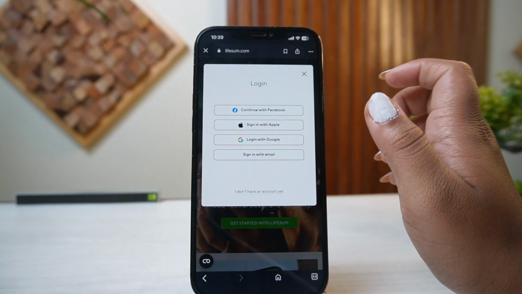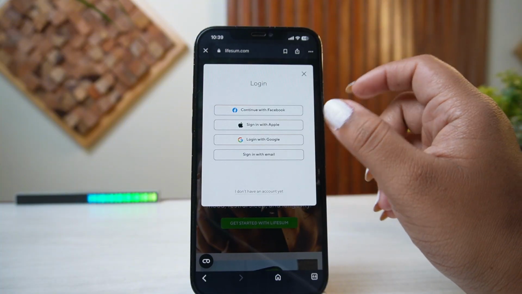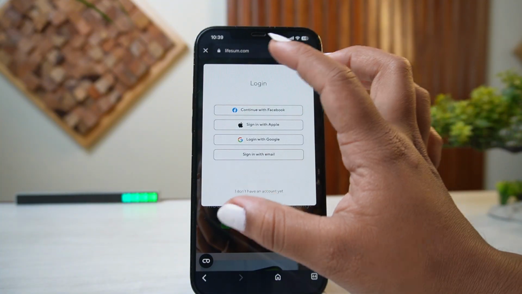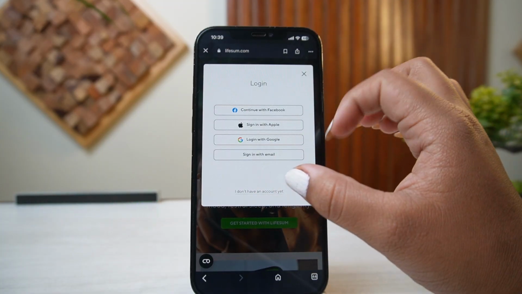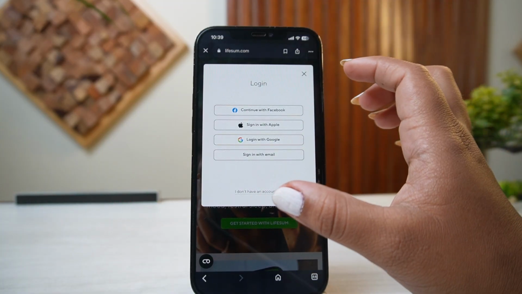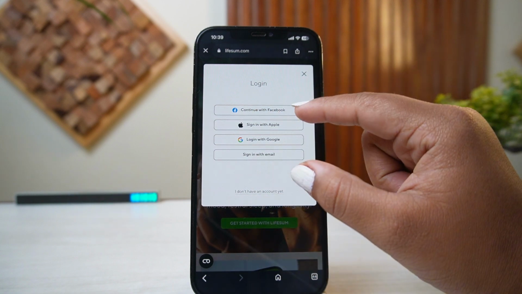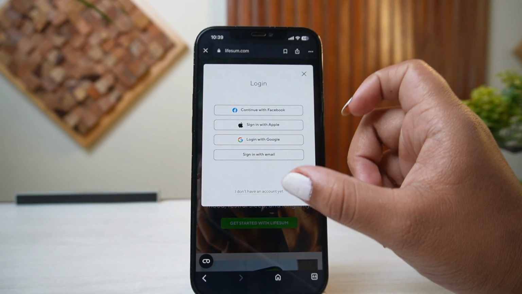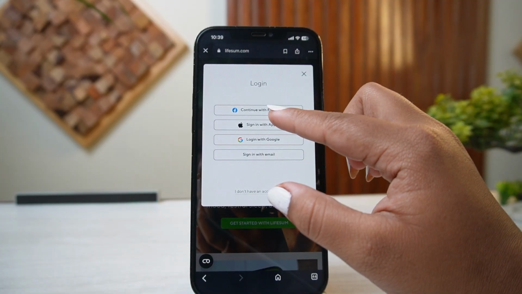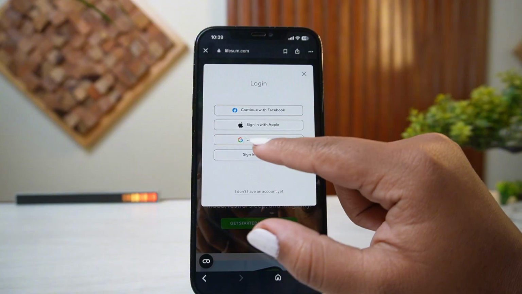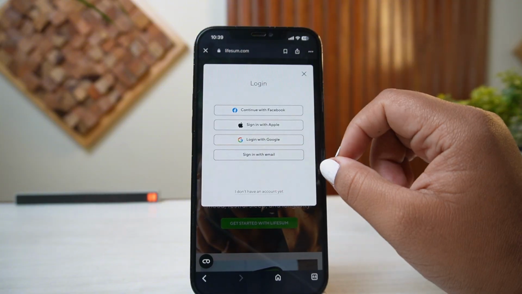So after doing that, if you are on the application, you'll actually be able to get that login button at the very beginning of the application. So simply tap on login, and then you'll be able to get into the login page where you can simply log in using any of those platforms, if you have created your account using any platform like your Facebook ID, your Apple ID, or your Google ID,